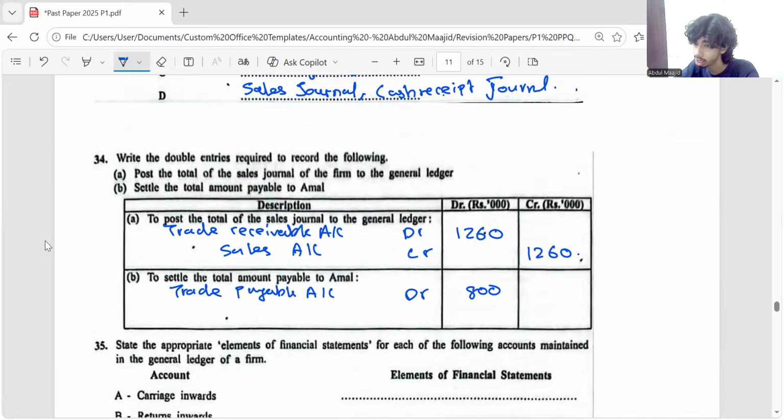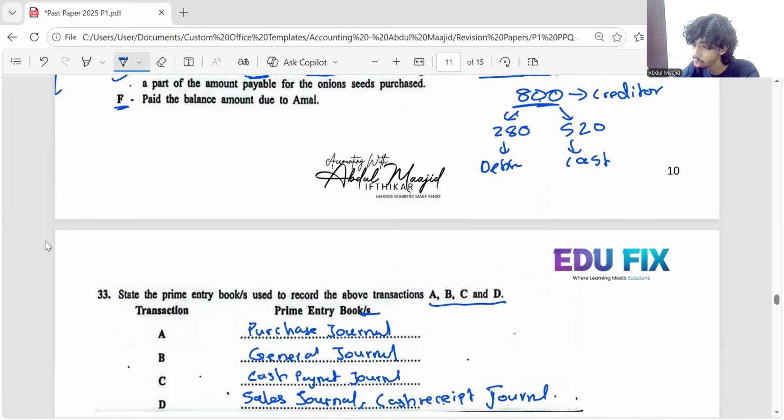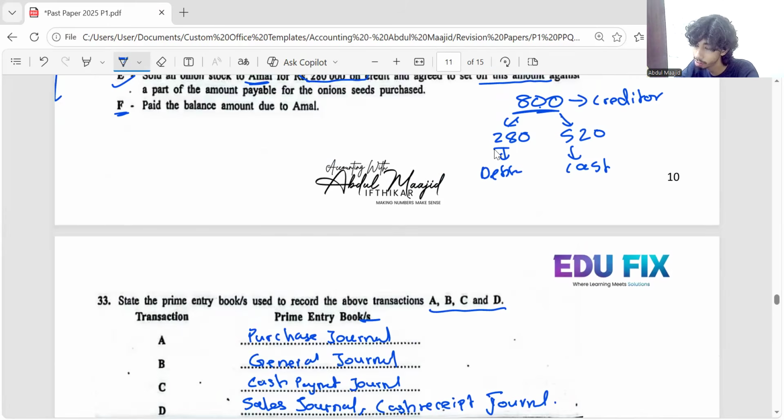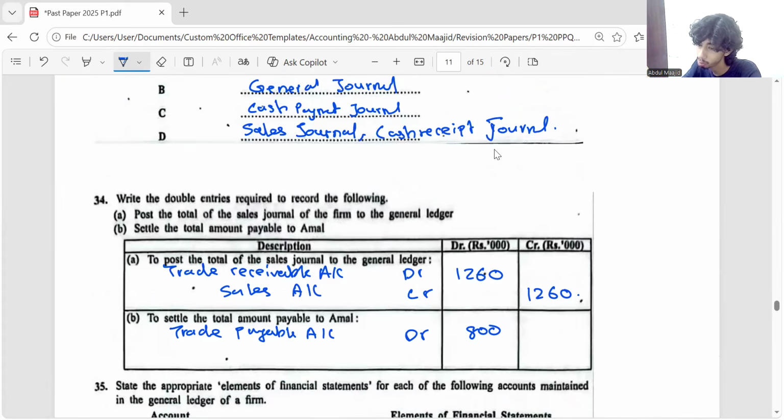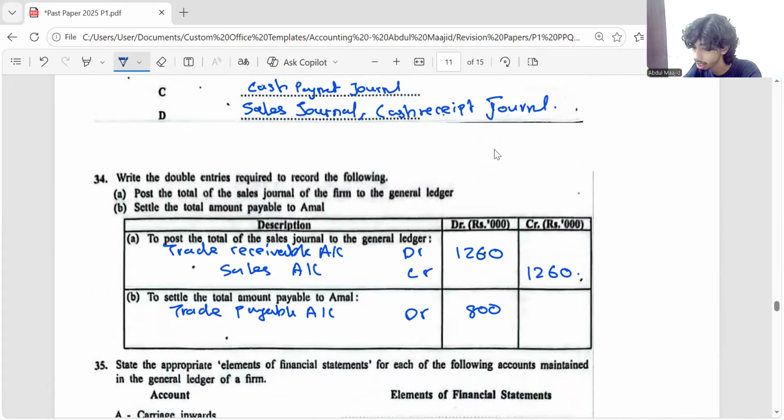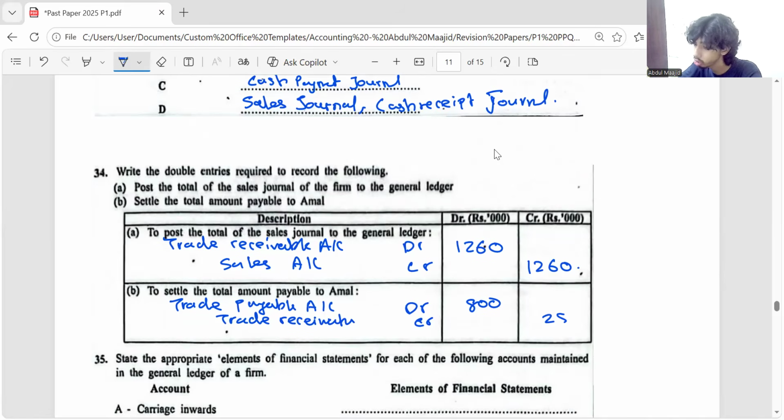Out of that amount, 280,000 you're setting off against the debtor amount he has to pay you. Trade receivable will be credited by 280. Then how much should you pay in cash to Amal? Cash control account, credit 800 minus 280,